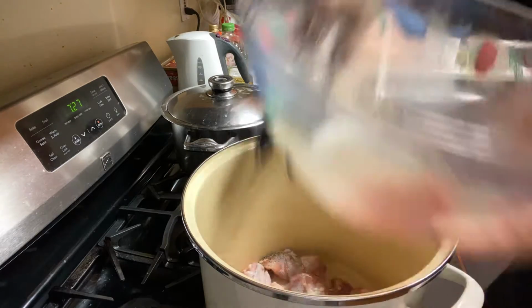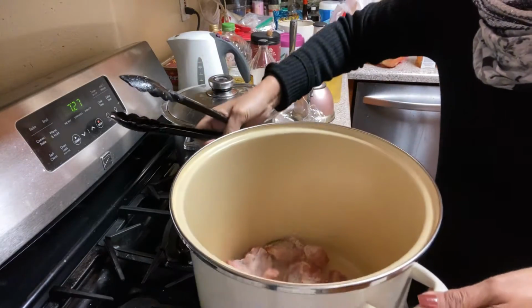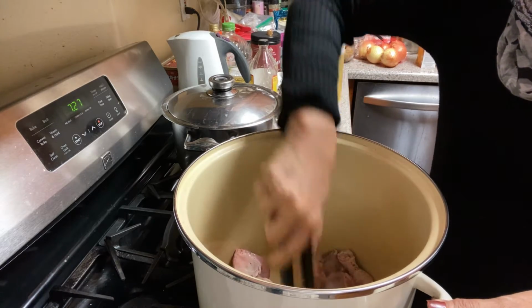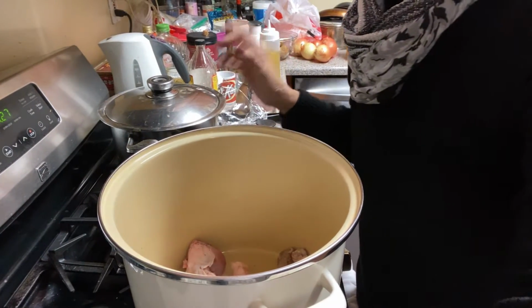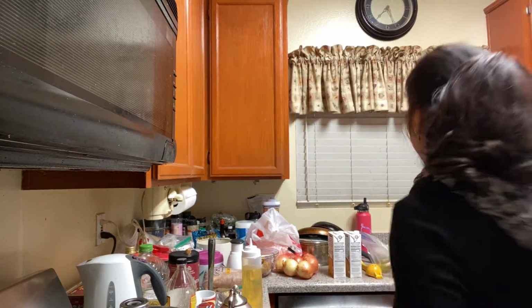There you go. So you can see it's being fried. I'm sorry, it's so deep. So this is not my main dish. I mean main whatever. It's not really my main meat, because I have also prepared